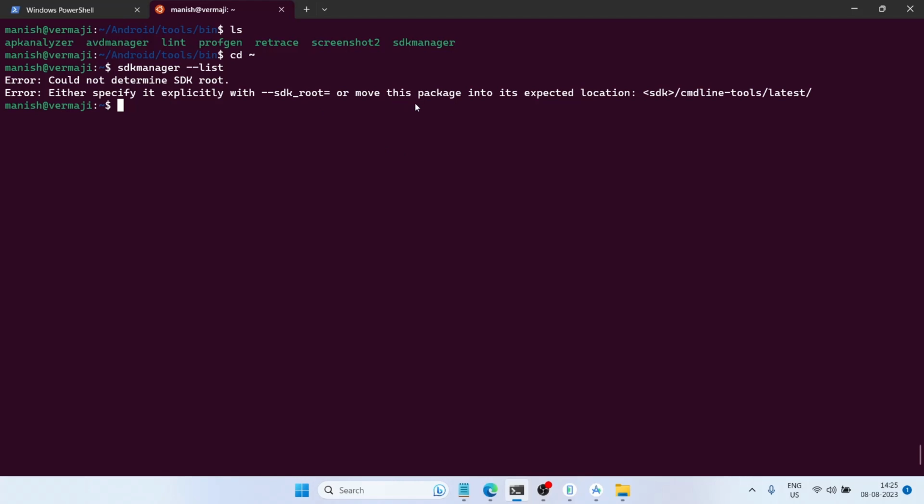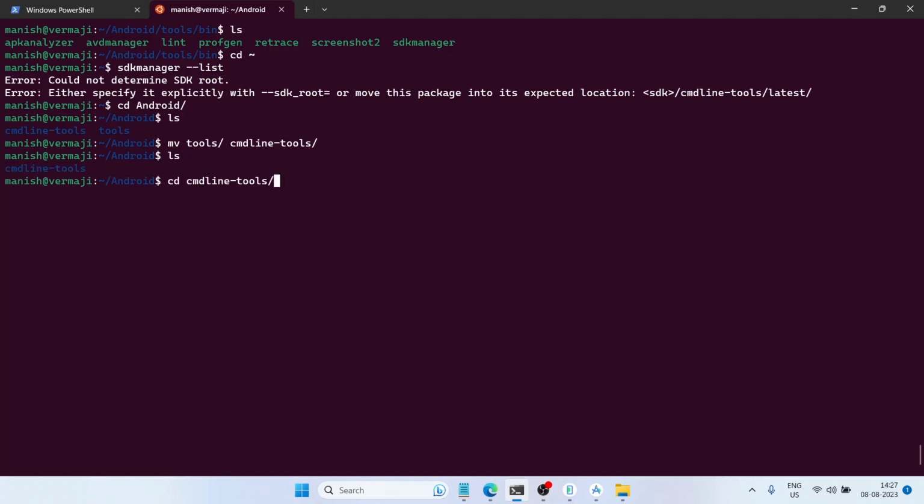HDK root or move this package into expected location. Okay, cd android, ls, mv tools, to cmd line tools. Okay, ls, cd cmd line tools, ls tools. Okay, this means